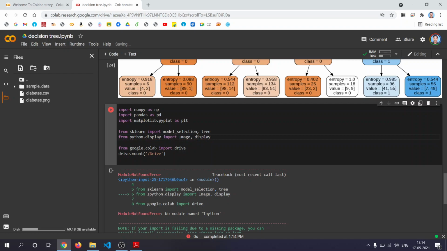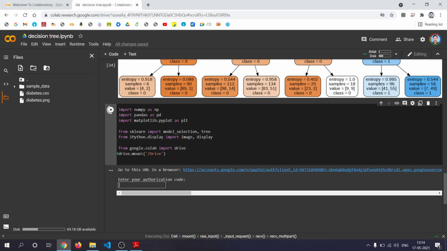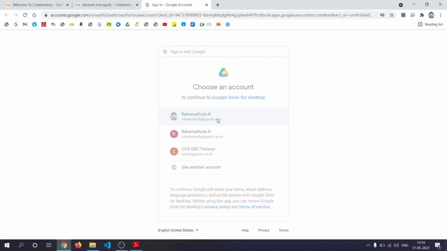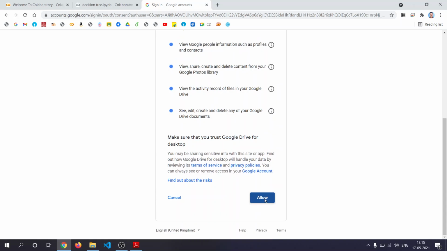Oh, okay, I and P are capital, IPython. While drive mount runs, it will ask you to go to this browser and copy your command there. So you select your mail id. Once you select your mail id, it will ask you for these permissions.